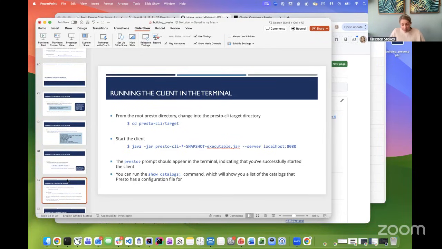So you'll notice if you were to issue a show catalogs command, you're still going to see the entire list of catalogs that are available in the servers etc folder. That will include, again, the SQL Server connector, the MySQL connector, and the MongoDB connector. All of those will be present, but